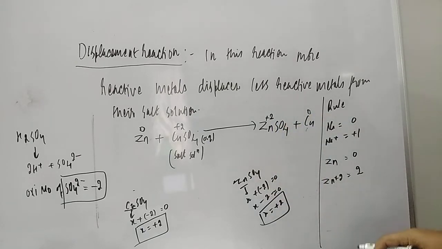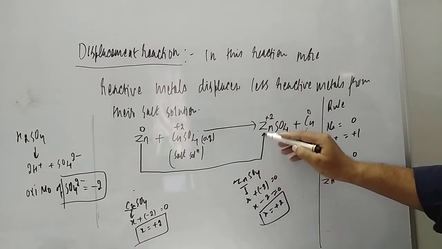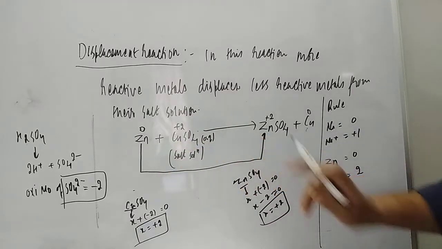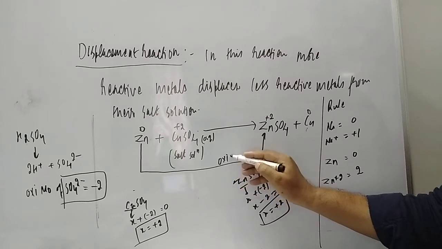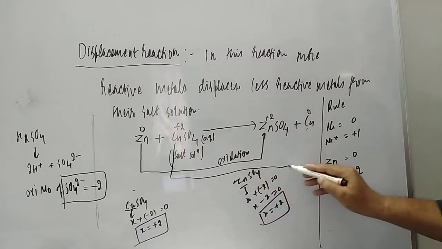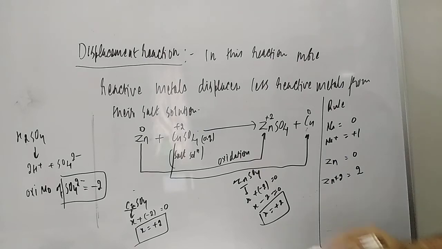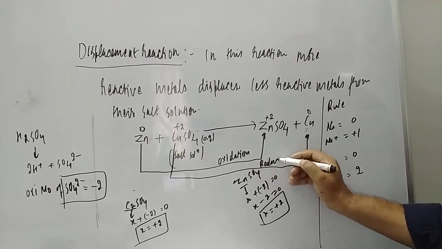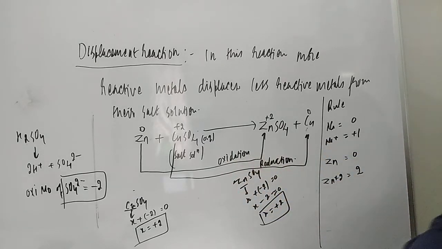Now you check in this reaction what we have to check. Here zinc is converting into zinc sulfate, right? So 0 to +2. What is the name of this reaction? Oxidation, right? And copper is converting from copper sulfate into copper 0, so +2 to 0. Is it a decrease or increase? Decrease means reduction. Super. Since oxidation and reduction reactions take place together, it is also a type of redox reaction. Understood, students?